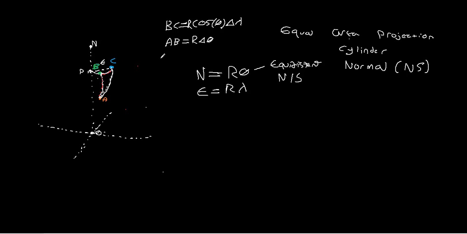What I mean here is, if you think back to our previous video where we went through the idea of an equidistant projection, where we assumed that this equation was true, that we held the northing to be equal to the radius of our reference globe times the latitude, and the easting was equal to the radius of our reference globe times our longitude. Because of the key properties of the reference globe, our northing was always going to be correct, right? Because the